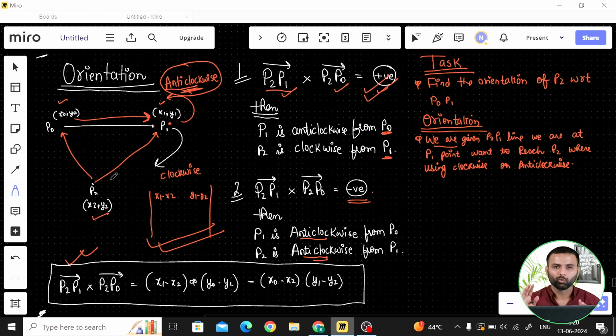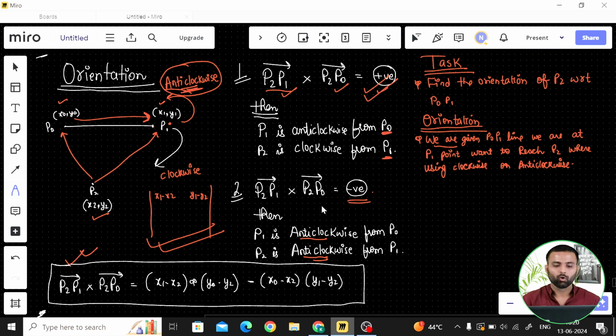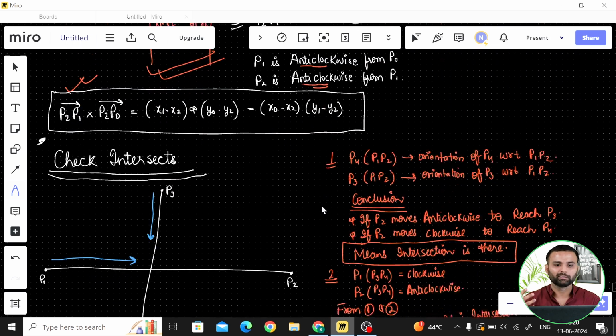In the orientation part, I repeat, you have the line segment and you have the points. For example, your line is P1, P2, and you have another line segment, Q1, Q2. With respect to this, you have to calculate which direction it moves, clockwise or anti-clockwise. I hope you understand now. Meanwhile, I will explain this part again.